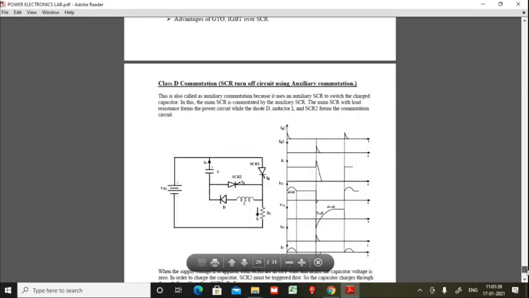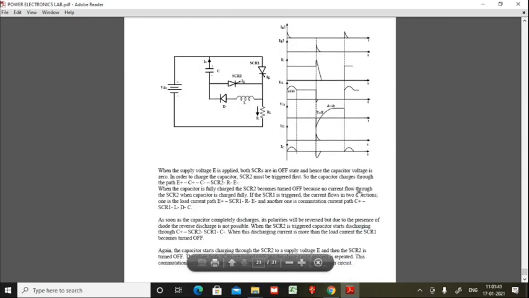The working of that circuit is explained here with waveforms. It is the same circuit, everything is the same. The only thing is TM is given the name SCR1 and TA is given the name SCR2. Nothing else is different here. You can see IG1 is the gate current for SCR1 and IG2 is the gate current for SCR2. Once this is on, this is not on, and once this is off, this is on. So they are complementary signals.